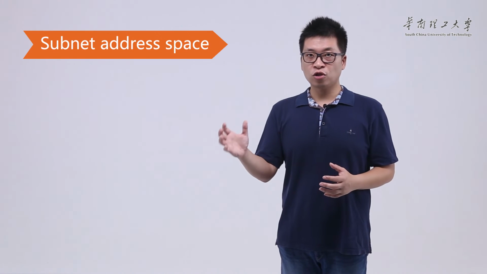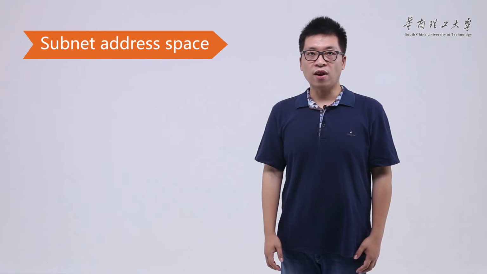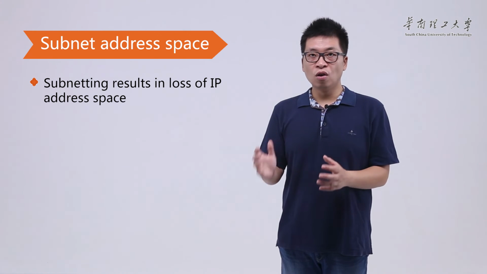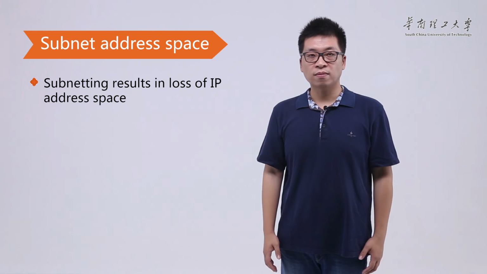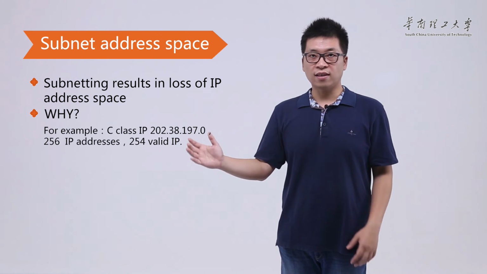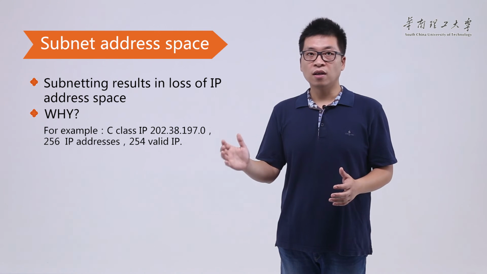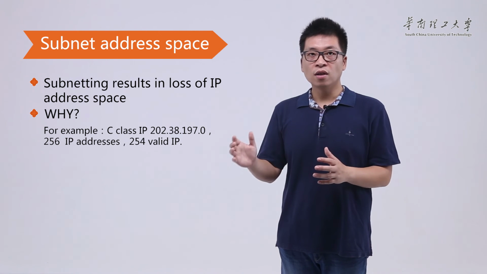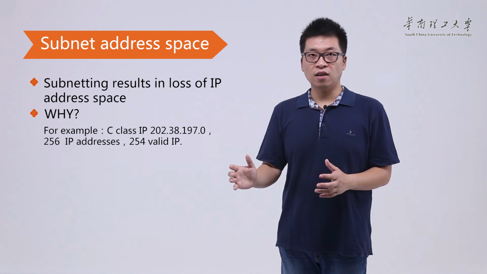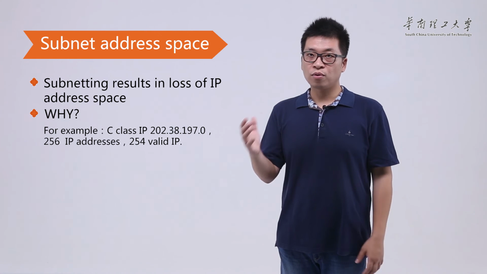Subnet cannot solve the problem of running out of IPv4 address. It will actually result in the loss of IP address space. Why? We explain it through an example. For a given C class IP 202.38.187.0, before we do subnetting, we can provide